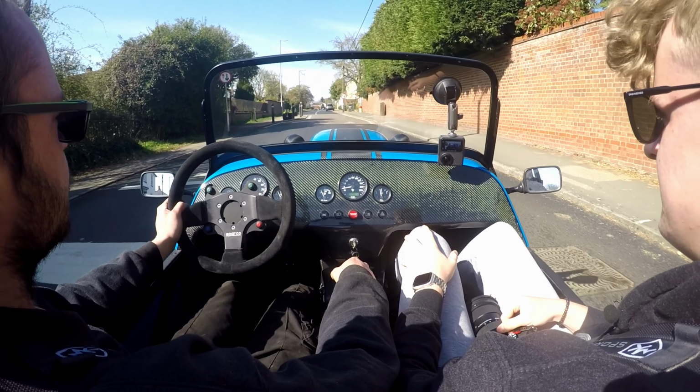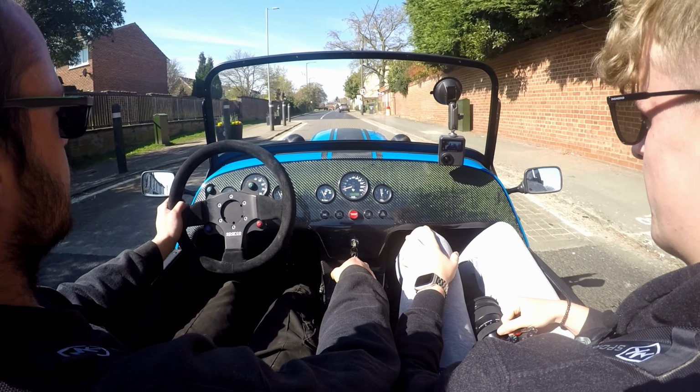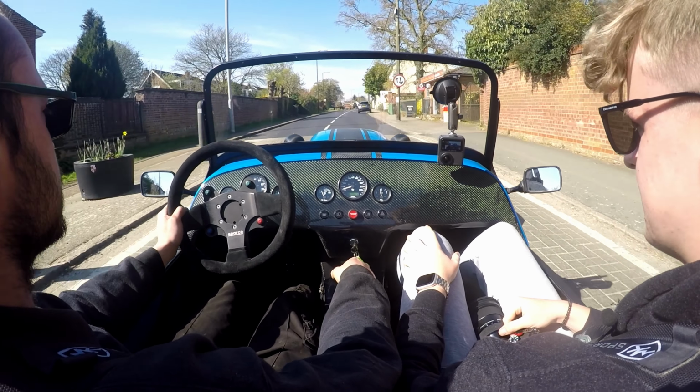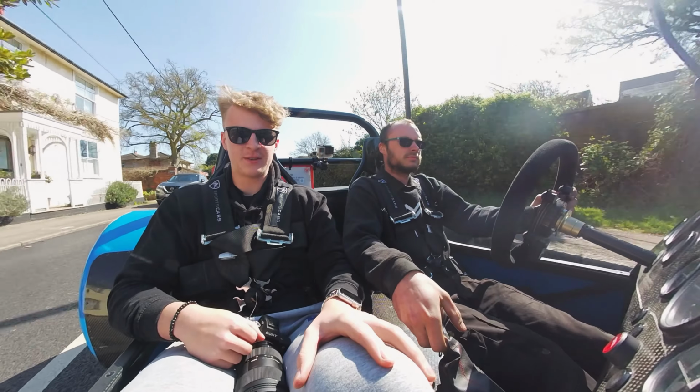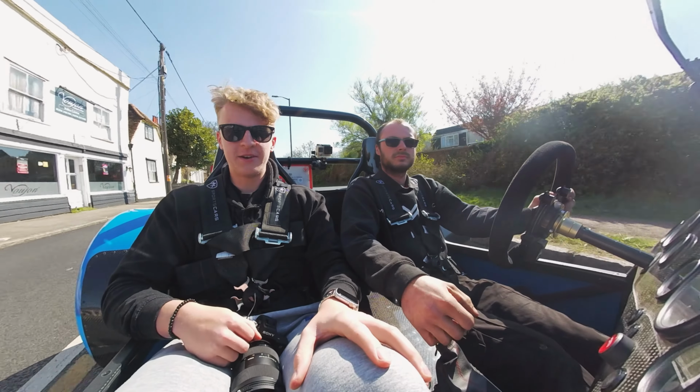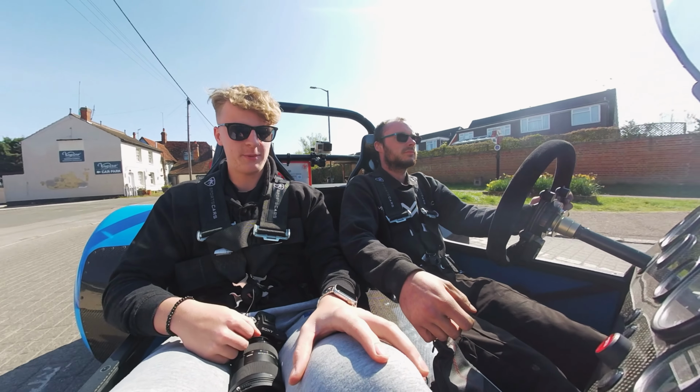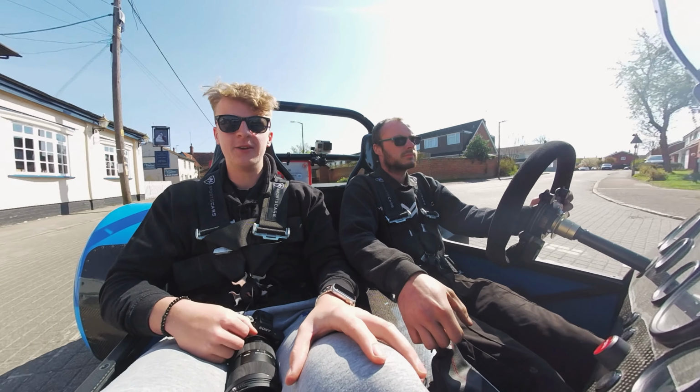Interior of an Indy Classic, which has actually made its way over from Gibraltar to have some work done in the factory. A lot of the work has been focused around drivability and making this a bit of a nicer car for the customer to cruise around in, in the nice sunny conditions that you get over here in the sort of Spanish ways. It's a bit different weather-wise to what we get in England, although the weather right now